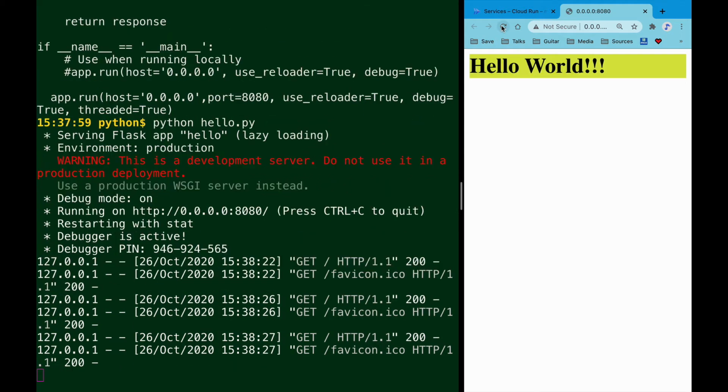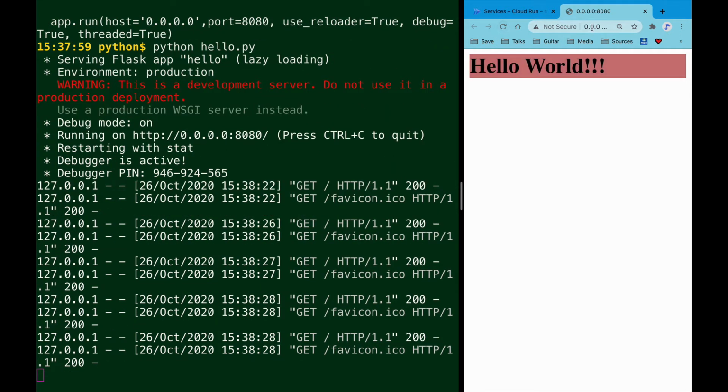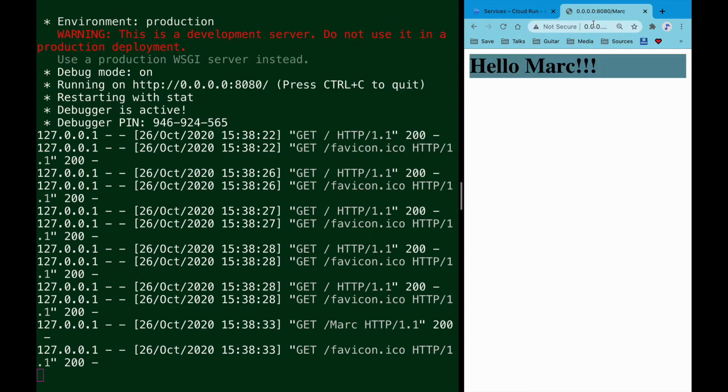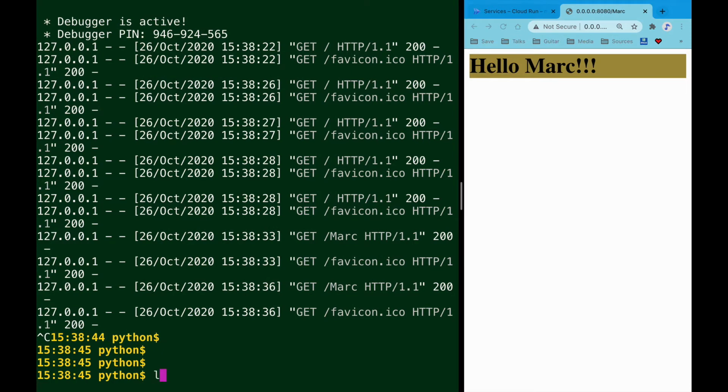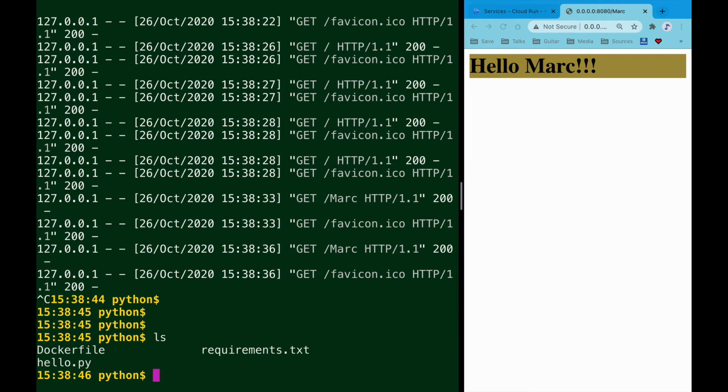If I keep visiting it, I get new colors. And if I add something to the end of the URL, like /mark, it says hello Mark. That's all it does, but it's good enough to illustrate the transition I want to show you, which is as follows. Now if I exit out of this, and if we just look at what's going on here,